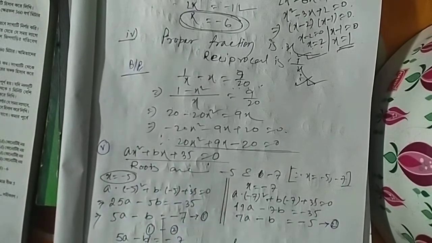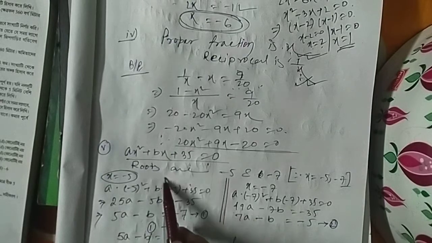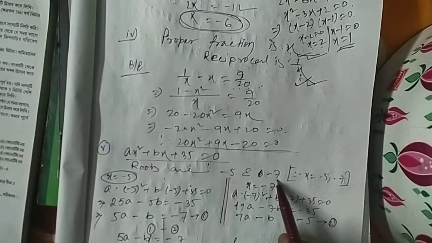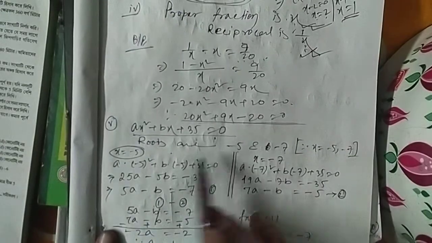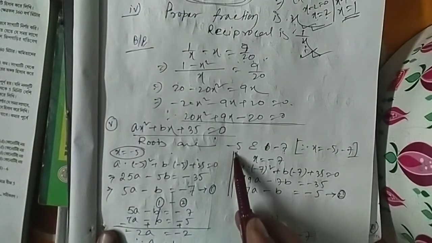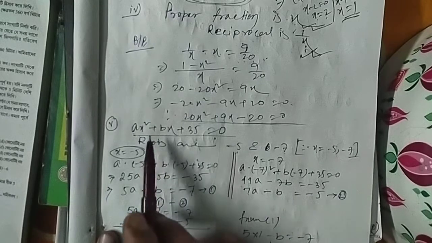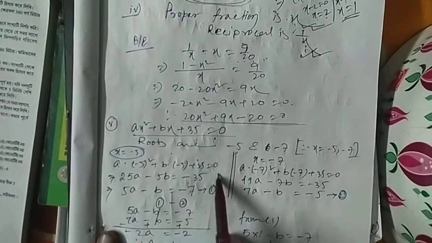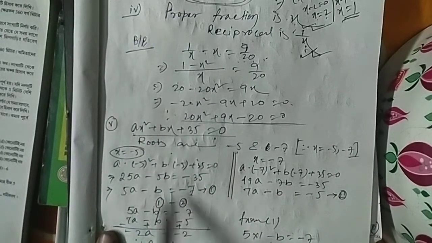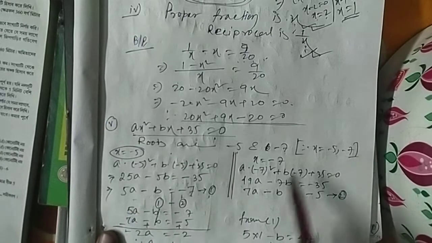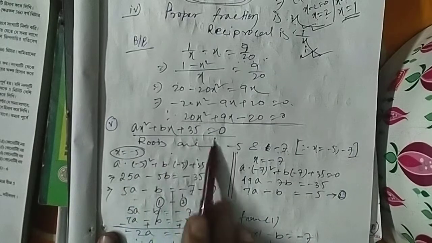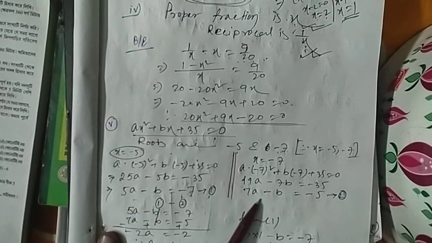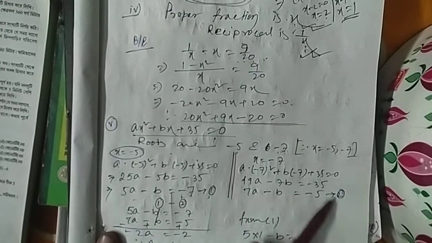Question number 5, see that this equation is given and here given that two roots are -5 and -7, so find the value of a and b. Okay, so when one root is -5, then x equal to -5, and putting the value of -5 in this equation and calculate it, then this is the relation of a and b. This is equation number 1, and putting the value of second root, that is x equal to -7, in this equation, then we get here 7a minus b equal to 5. So this is the second equation.